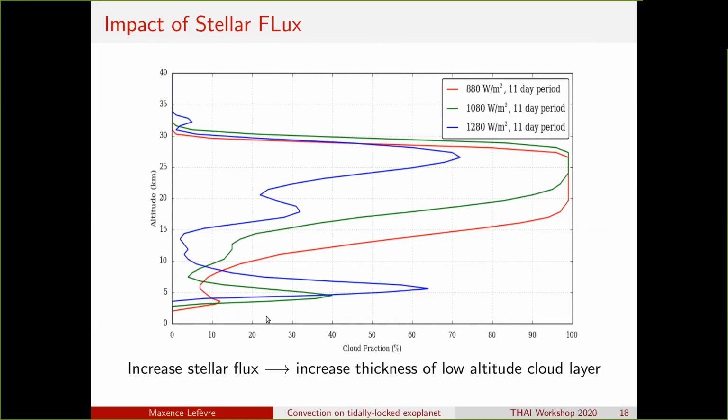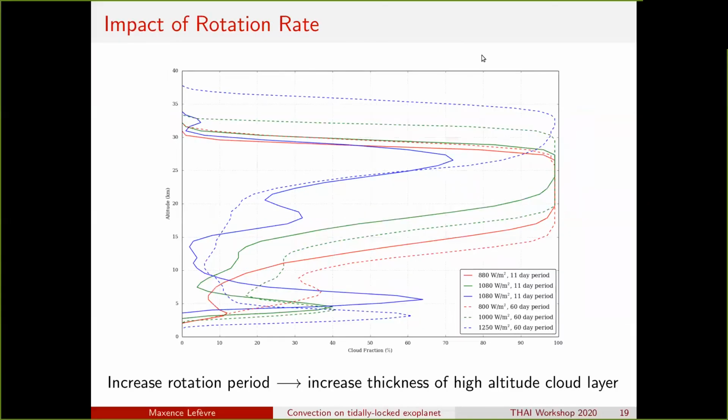What you can see is the increase of the low altitude cloud coverage with the increasing stellar insolation, and the decreasing thickness of the high altitude clouds with the stellar insolation, and overall the albedo will increase with the increasing flux due to the low altitude clouds.